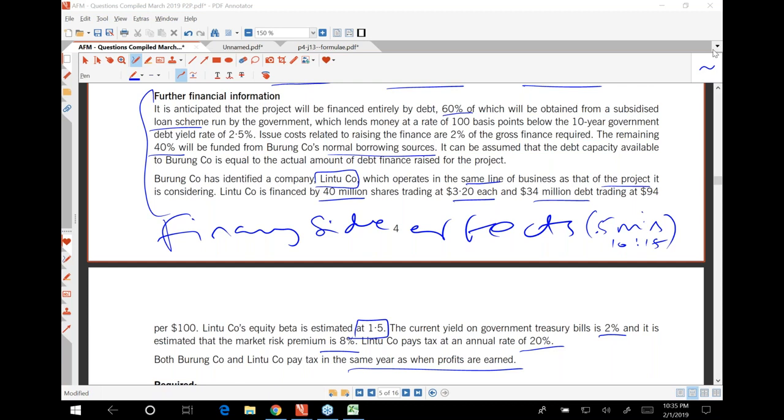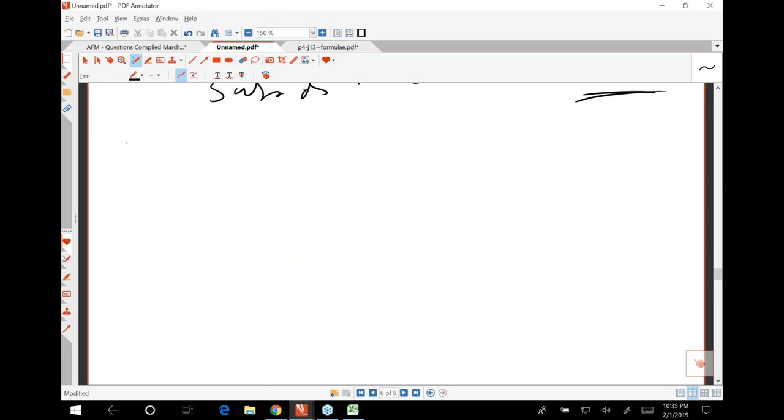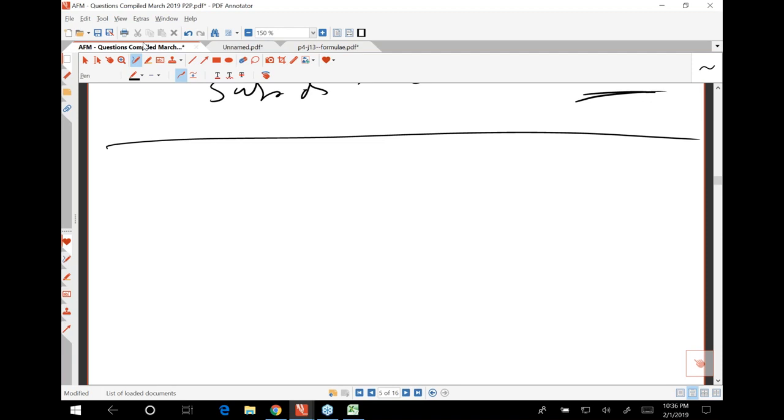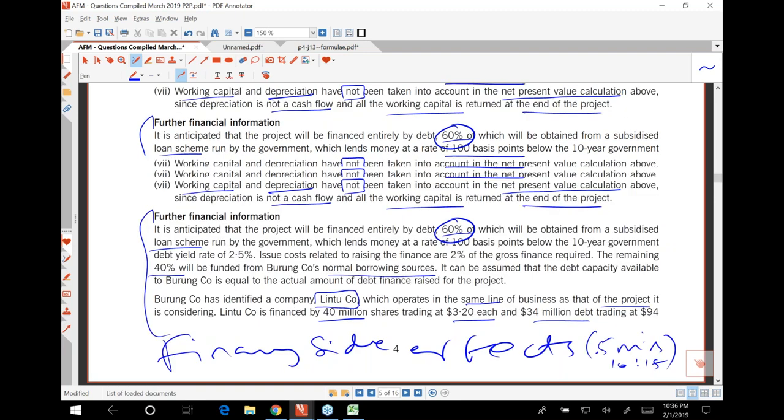Okay, now see. In this question we are going to talk about how the financing side effects would be incorporated. It says it's anticipated that the project will be financed entirely by debt, 60% of which will be obtained from a subsidized loan scheme run by the government. So the entire project would be financed by debt, 60% from the subsidized scheme. How much finance is actually needed? It's 38 million. So of the 38 million,